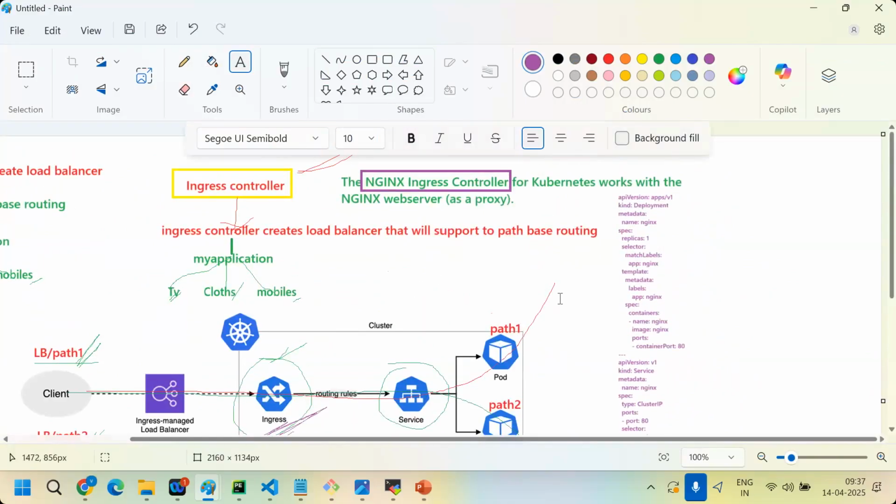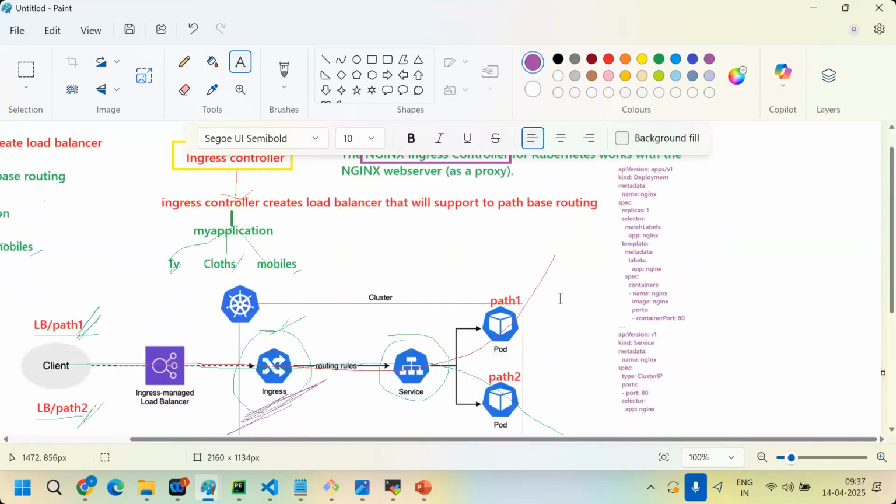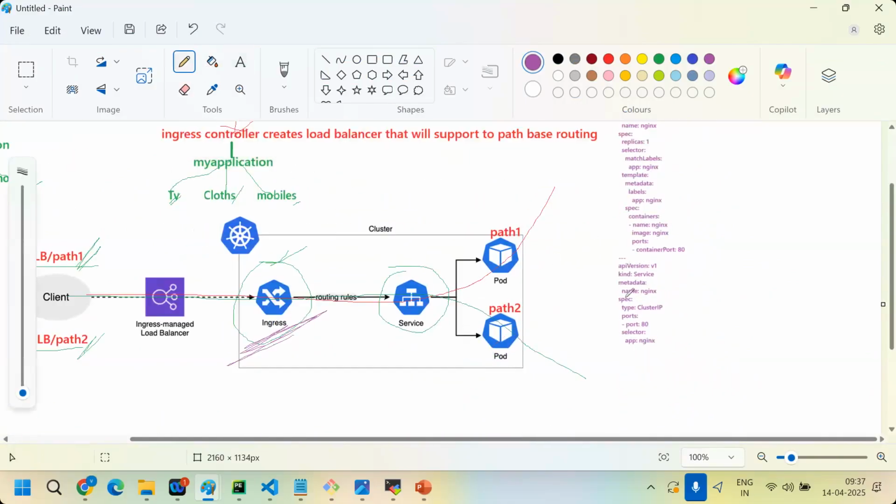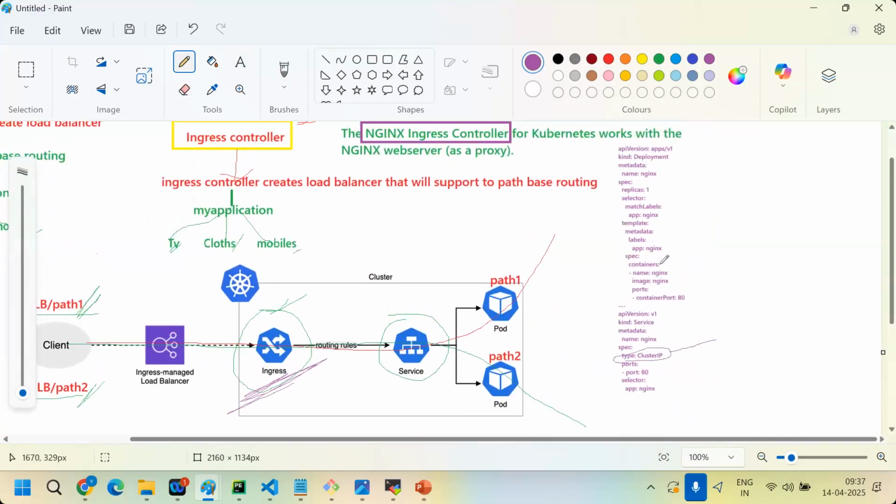Guys, if you can see, this is a ClusterIP service. Why? For example, this application is using an image; you can take any image as an example. This ClusterIP accesses this pod, right?